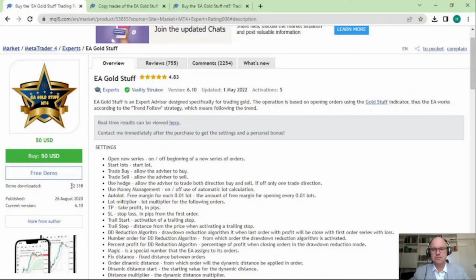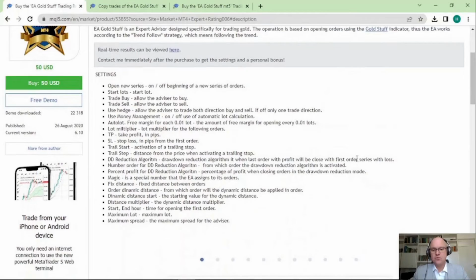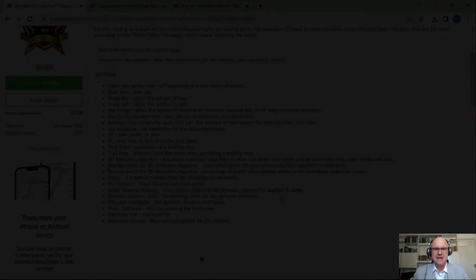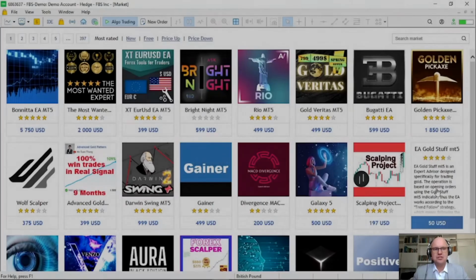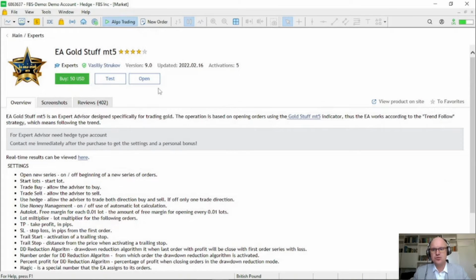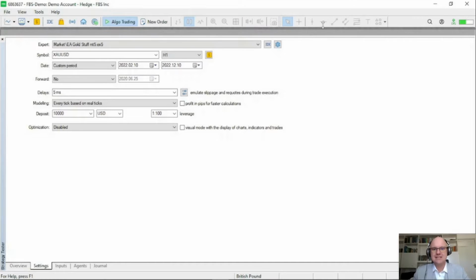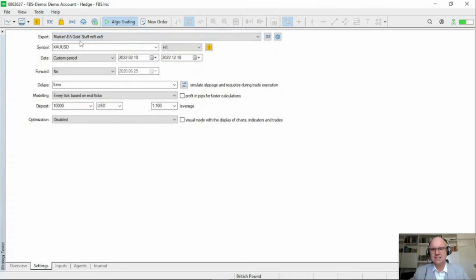Now, before I consider purchasing the expert advisor, I am going to test the demo version on MetaTrader 5. The reason for doing this is that it's going to give us a better idea if we should purchase the expert advisor. So after locating it on your marketplace, you can simply download the demo version directly to your tester. Now, the demo version you won't be able to run in the live market. However, you can do some comprehensive testing using the backtester function of the expert advisor.